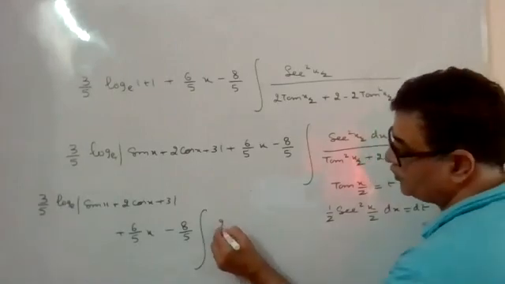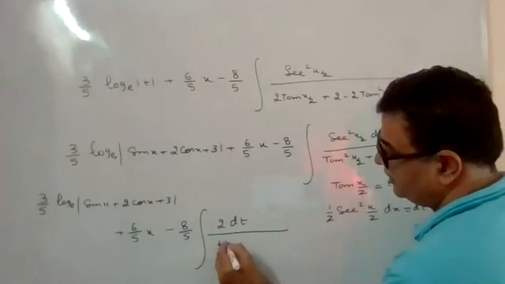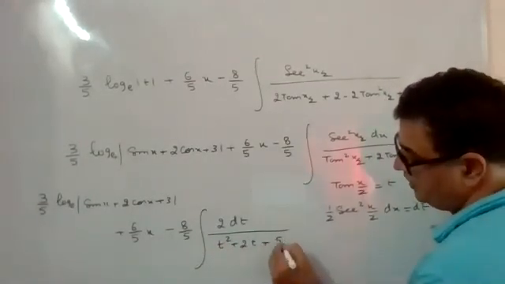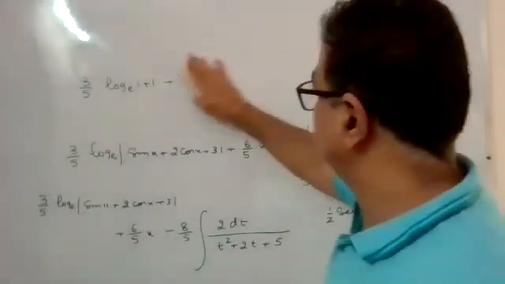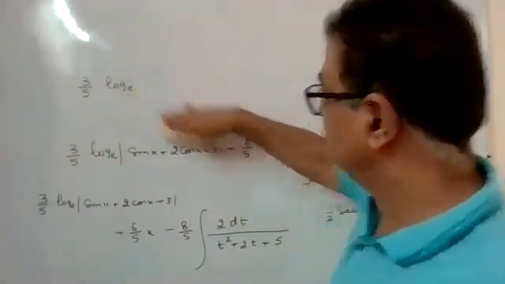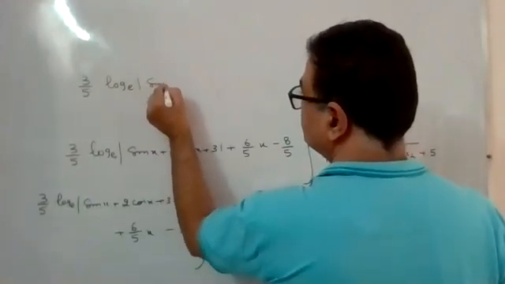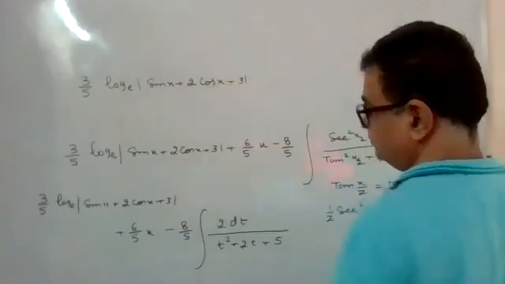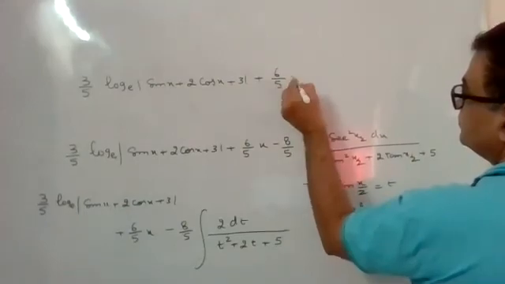This will come out to be twice of dt by t square plus twice of t plus 5. Six by